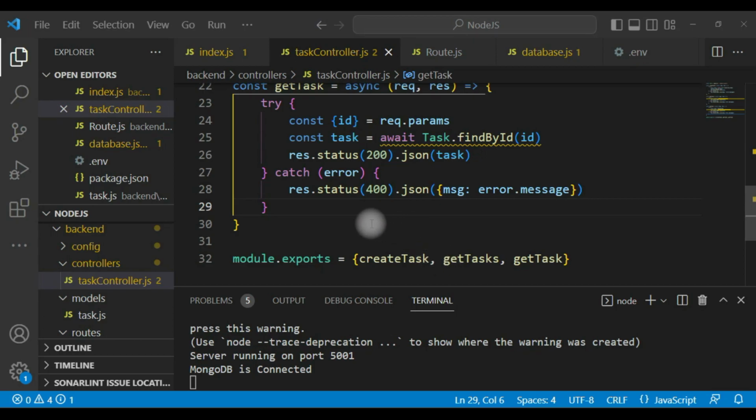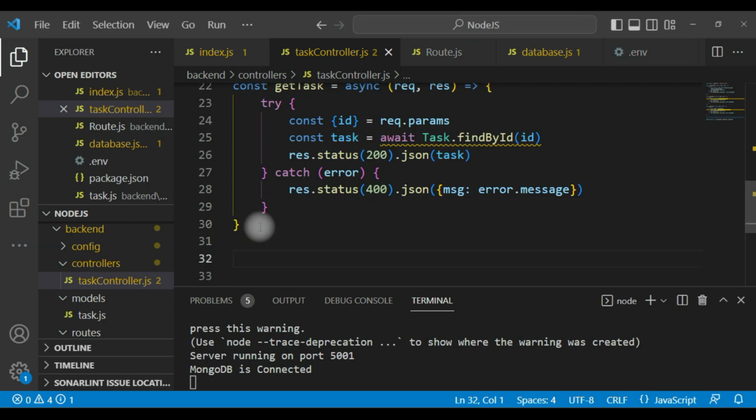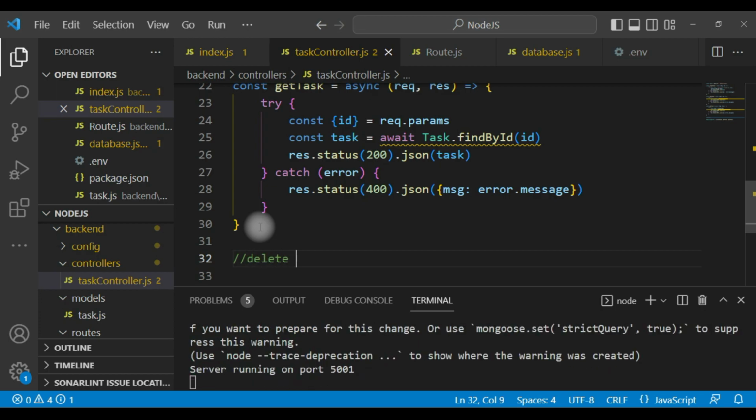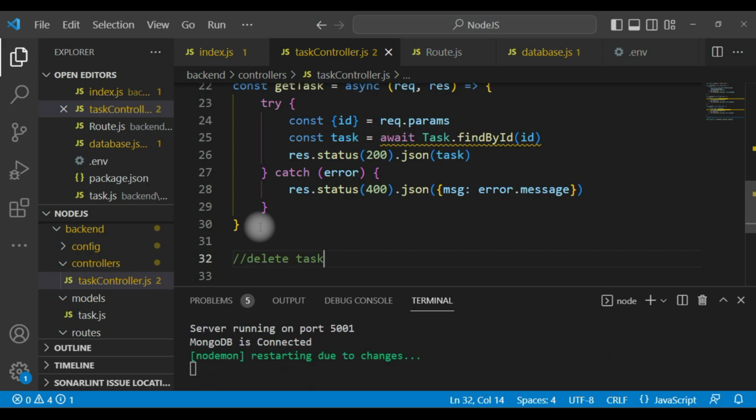In this video, we are going to delete our task. So I am in my task controller.js file and let's create a function delete task.